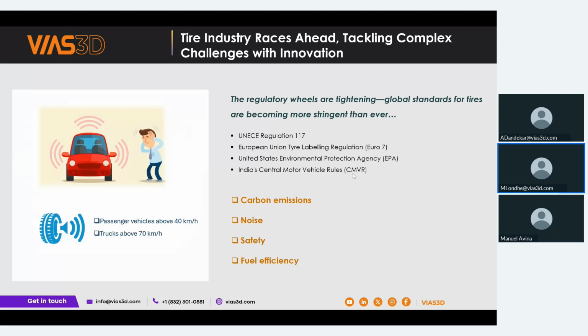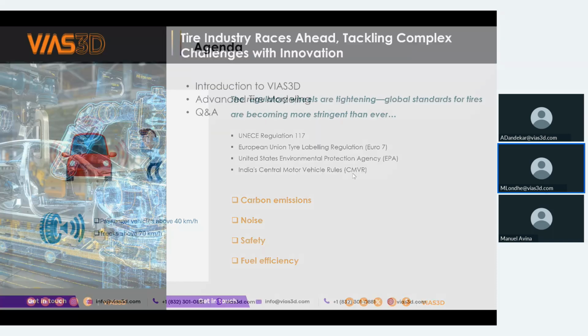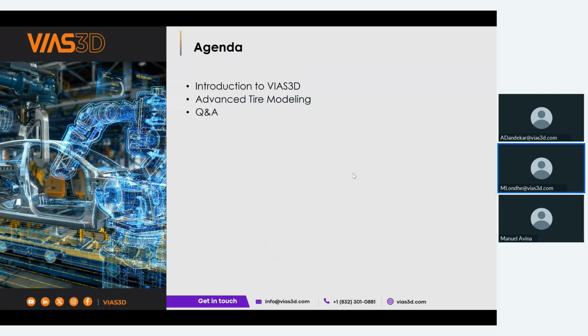There is another shift that the whole automotive industry is now going through, shifting from conventional IC engines to EVs. And as we all know, EVs basically have no or very little engine noise. So in such a case, tire noise is the most dominant source of noise. So it becomes a major area of concern for both manufacturers and consumers. As a result, there is pressure as well as opportunity for innovation in tire design and development.